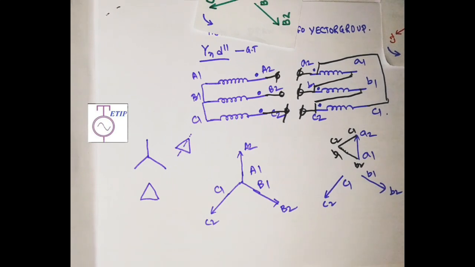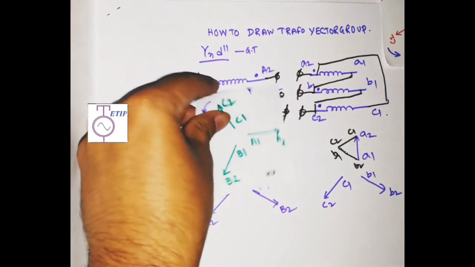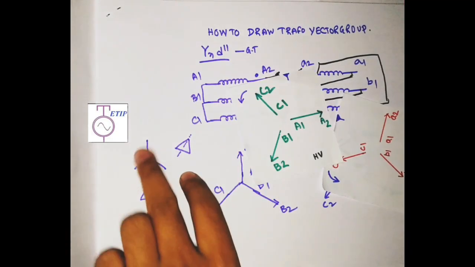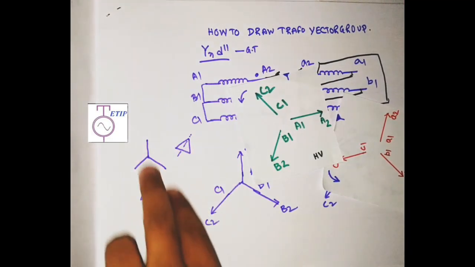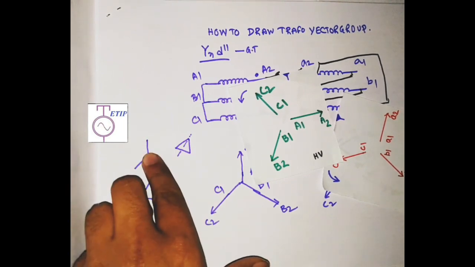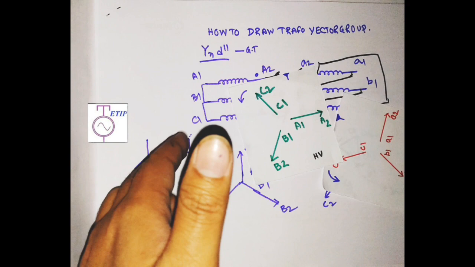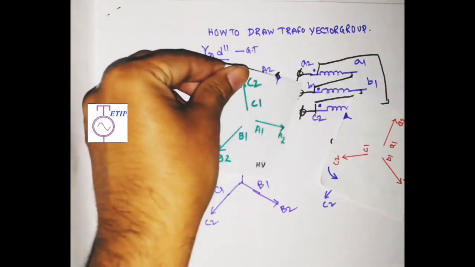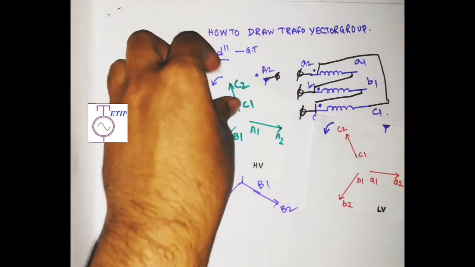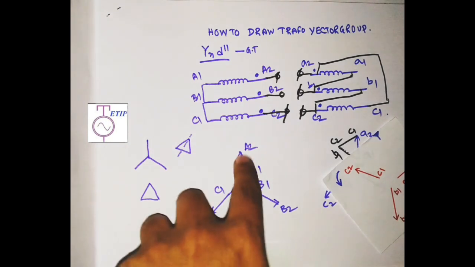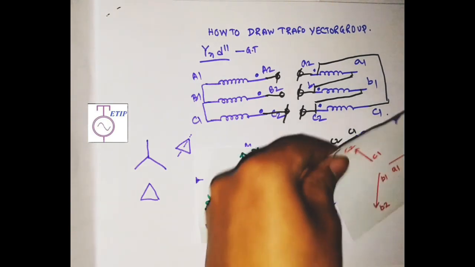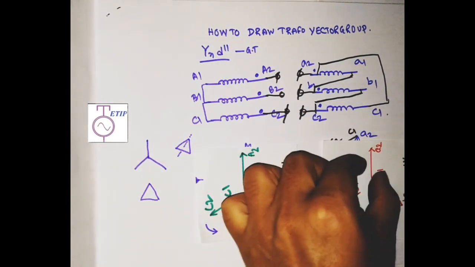Okay, have you got it? How are we making these vector diagrams? Just simply draw the separate phase vectors and arrange them to form this. First you make this arrangement by keeping the high voltage side fixed at 12 o'clock position. Then you place the secondary voltage, the low voltage, accordingly as per the vector group. Now you take three separate phase vectors and arrange them, and just connect them.